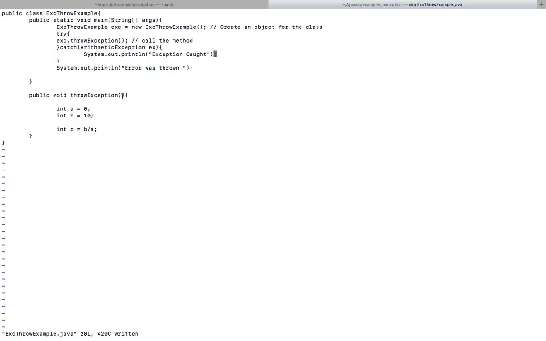It says this method might throw this exception, right? This method might throw this exception. It is the responsibility of whoever is calling this method,